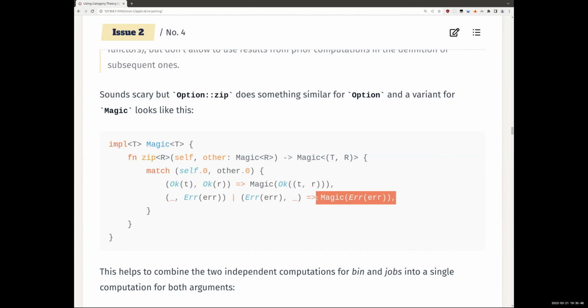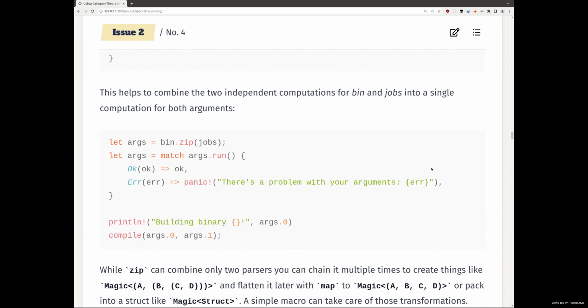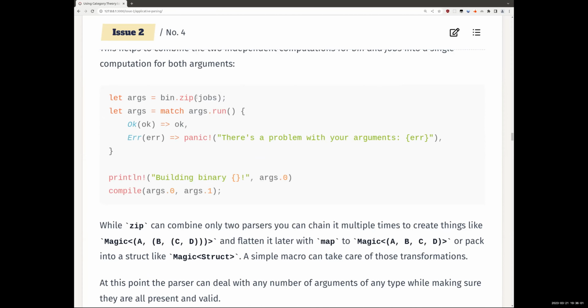If either fails, we pick the error message and retain that. So with that, we can take the computation for bin, the computation for jobs, and combine them into a computation for args. So this way, when we run args, we know for sure that both values we care about are